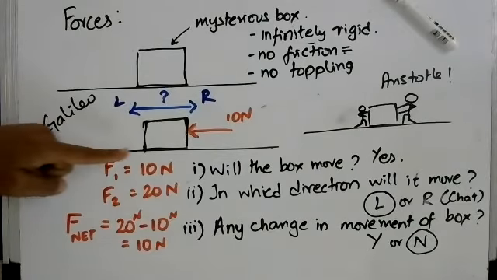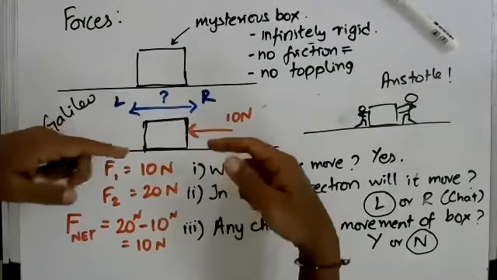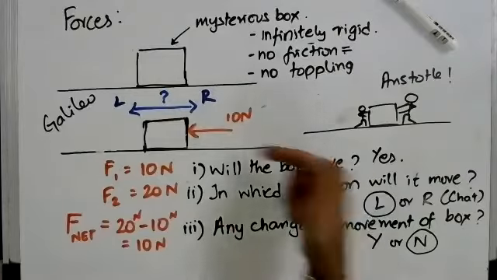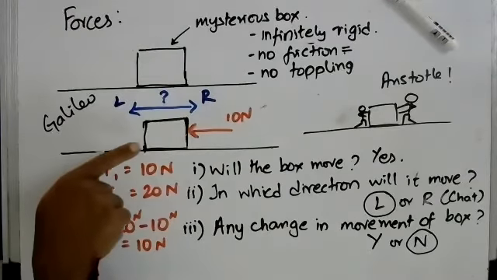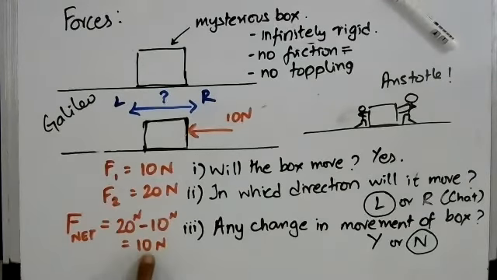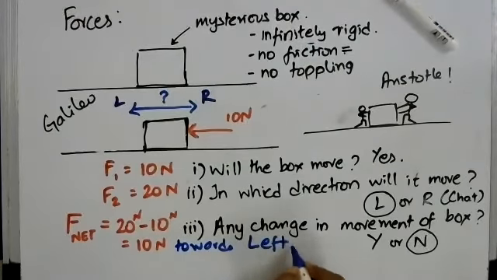See, one force was acting from this side and one force was acting from this side. So you had to say that now, since this force is greater, the object will move in this direction towards the left. So therefore, I have to subtract the effect of 10 Newton from this side from that 20 Newton. So you say 10 Newton, but this is not enough information. To give clear information, you have to say the net force is 10 Newton towards left. Only then you give the clear answer to the question. Am I correct?